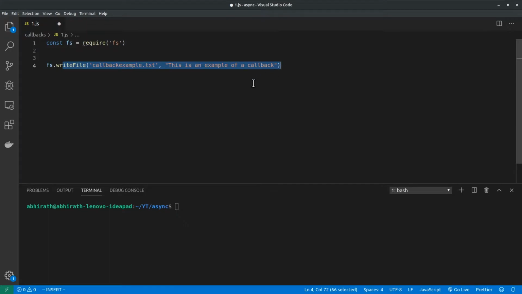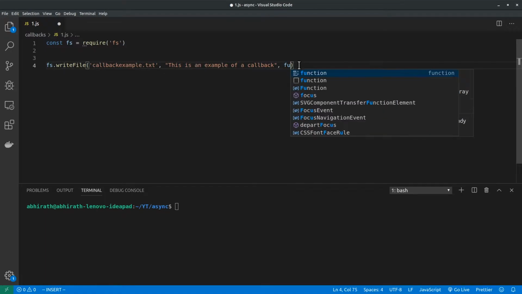If you recall, in JavaScript we outsource this function, we pass it on to somebody else to handle, and when that somebody else is done executing that piece of code, they come back to JavaScript and tell JavaScript, hey, I'm done. So this is the piece of code that JavaScript should execute when the function is done.